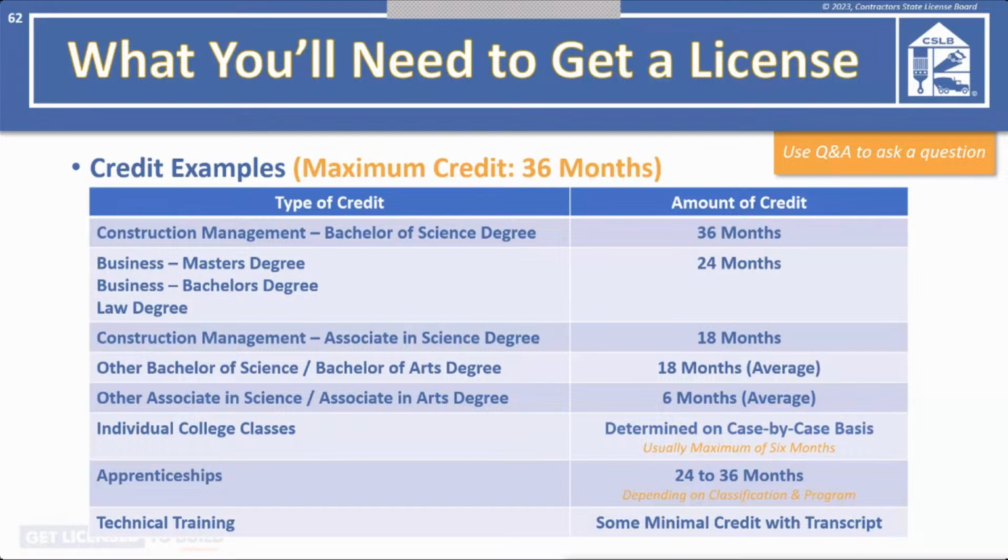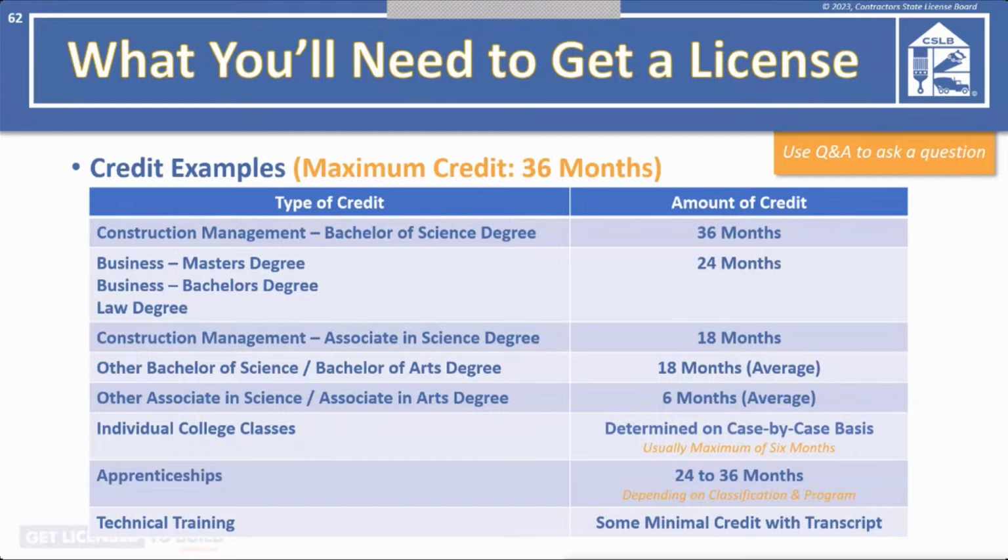If I wanted to take over my late father's business, I assume that I would have to go through the exact same process in order to get my license. Am I still able to keep my father's business name? So, Ruby Ann, I would ask that you send me an email at licensing@cslb.ca.gov, and we'll need a little bit more information. The license number, what the business name was, information like that. So if you can include that in an email, again, to licensing@cslb.ca.gov, we'll be able to give you a little bit more of a definitive answer on that question.